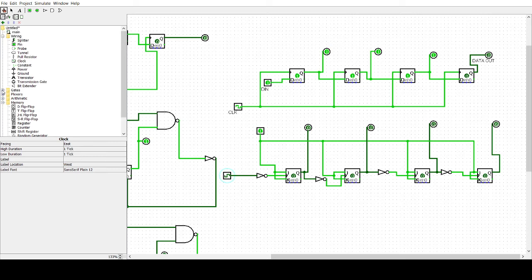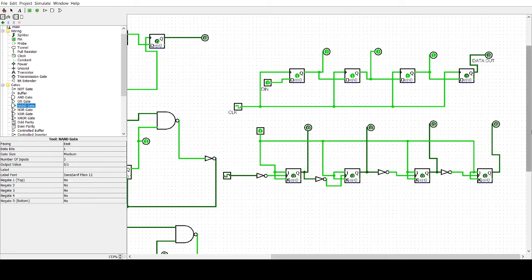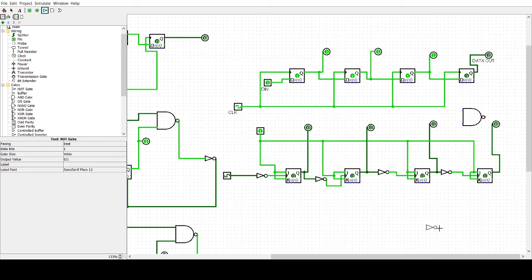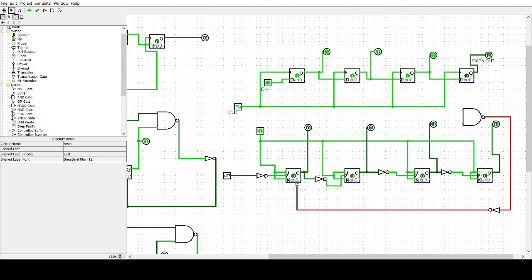Go to gates, pick the gate and keep it here and make it 2 inputs, and I should have an inverter facing west. The output will be connected to the inverter, and then the output of the inverter will be connected to the clear input.